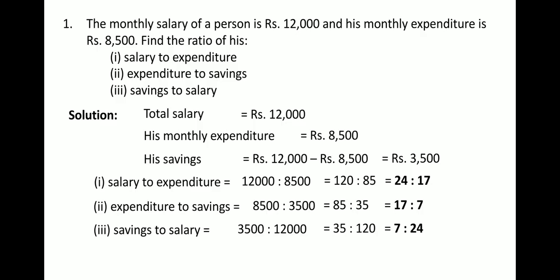Next is question number 4, which says reduce each of the following ratios to their lowest terms. As we have done this kind of question earlier, question number 1 I am showing here, which has 1 hour 20 minutes is to 2 hours. Remember, in order to convert into the lowest terms, we need to convert the given units into the same units. Here it's hours and minutes and here it's only hours. So firstly we will convert the different units into a single unit.